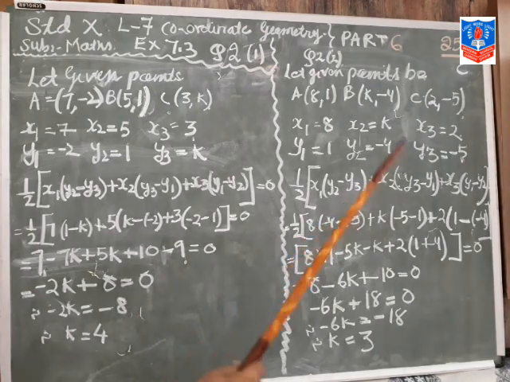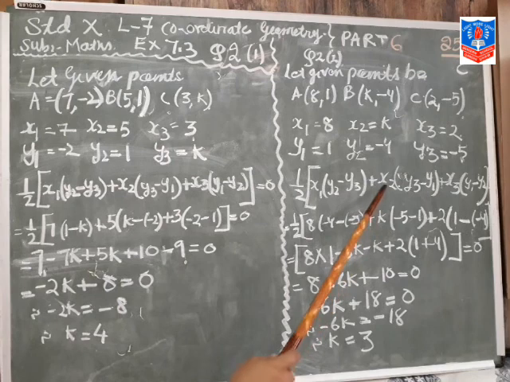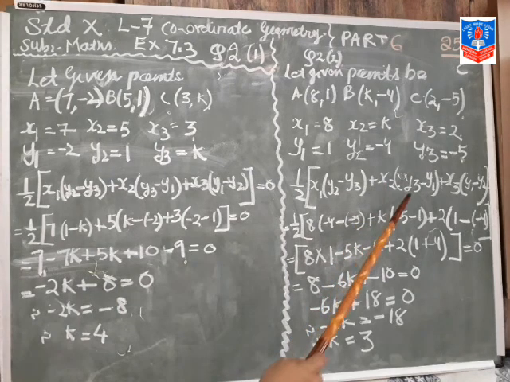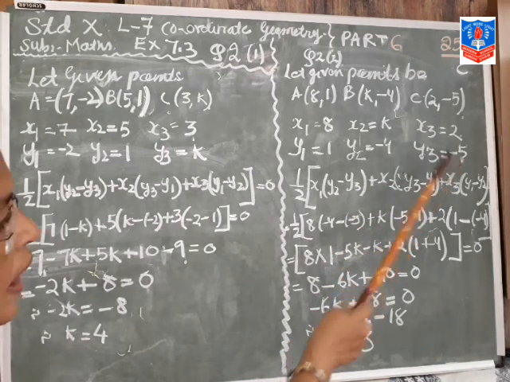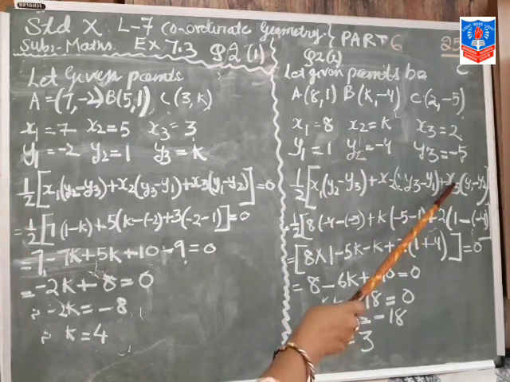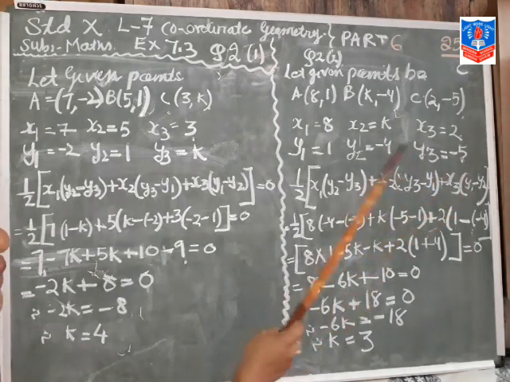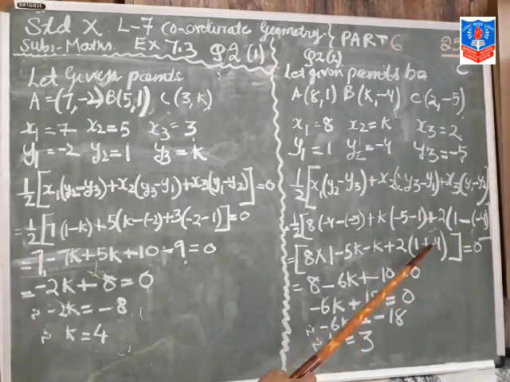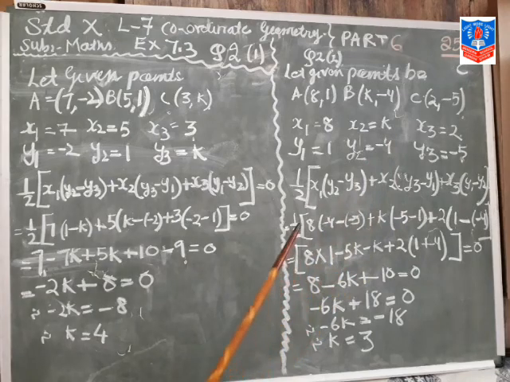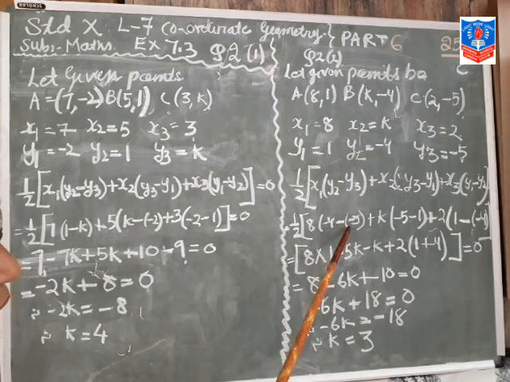Otherwise we can show x2 that is k, y3 minus 5 and minus 1, x3 2, y1 1 and minus 4. So minus minus plus 4. Okay, so here will be change. We will remove the half. 8 minus 4 minus minus plus 5 and minus 4. So what will remain? 1. Clear? Plus 1. Why? Because minus minus plus 5 and minus 4.